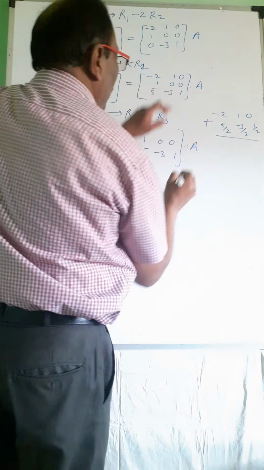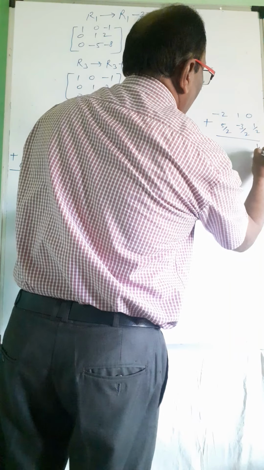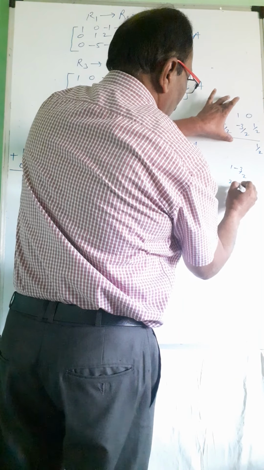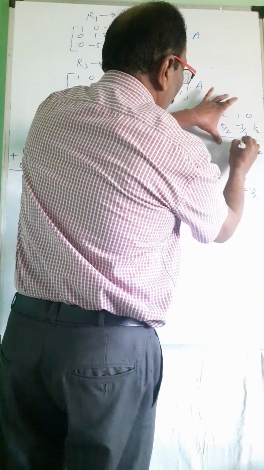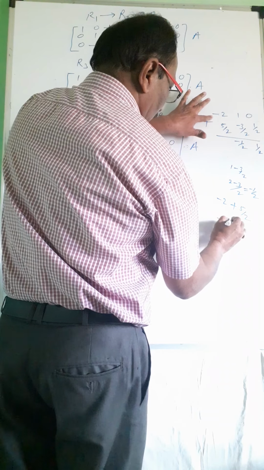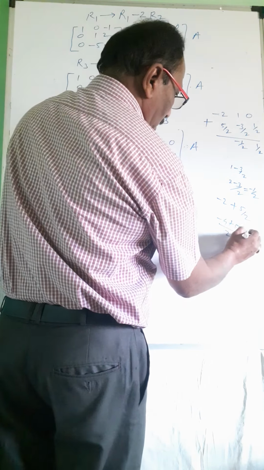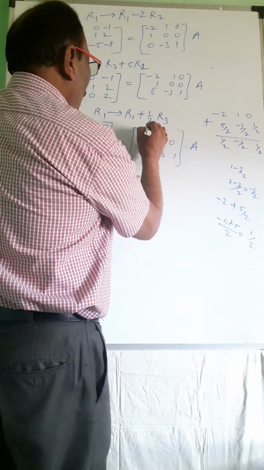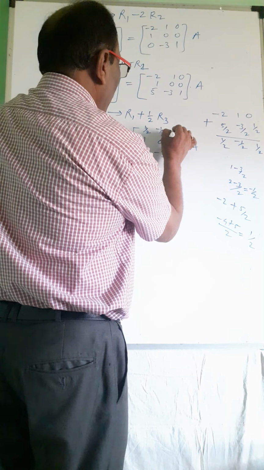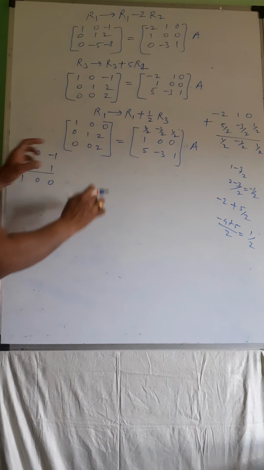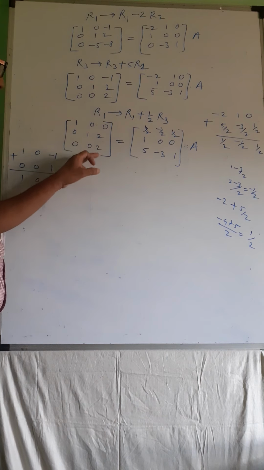There we take positive sign, means 0 plus half. 1 minus 3 by 2. We get 2 minus 3 by 2 minus 1 by 2 will be here, and minus 2 plus 5 by 2, that is minus 4 plus 5 by 2, that is 1 by 2, means half. Means first row will be half, then minus half, then half. Here first column is 1, 0, 0, second column 0, 1, 0, third column what we want? 0, 0, 1. Here we want 0, means R2 minus R3 we do.